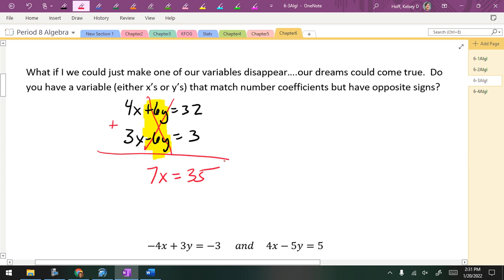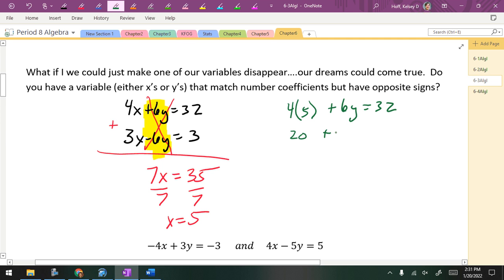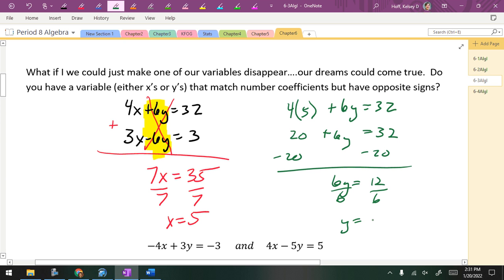Why is this a good thing? We divide by 7, and you're going to tell me x is 5. Now what do we do? Plug it in. It doesn't matter which one you plug it into. You want to plug it into 4x or 3x? So 4 times 5 plus 6y equals 32. 4 times 5 is 20, plus 6y equals 32. Then I subtract 20. 6y equals, then y equals,